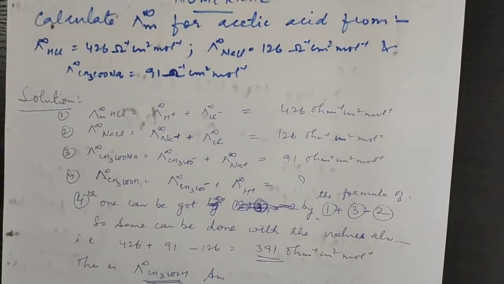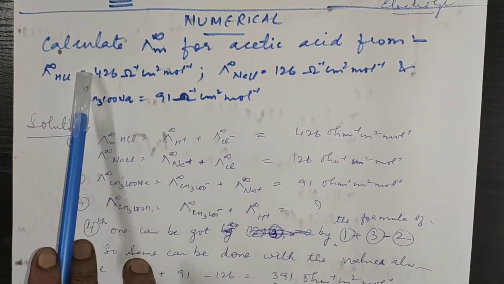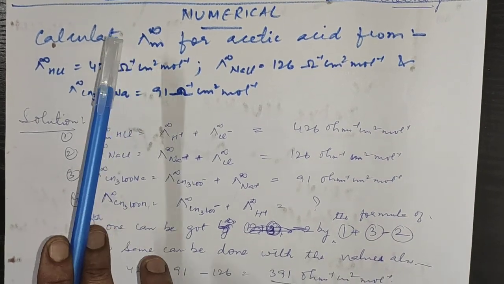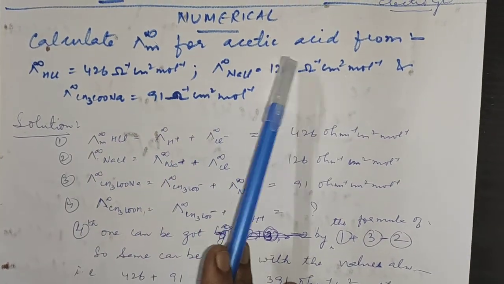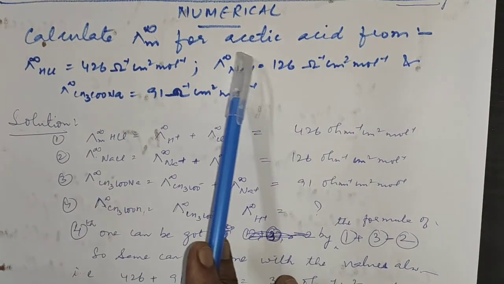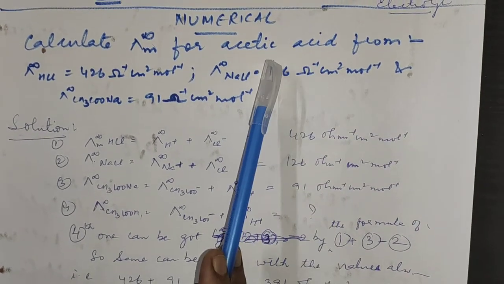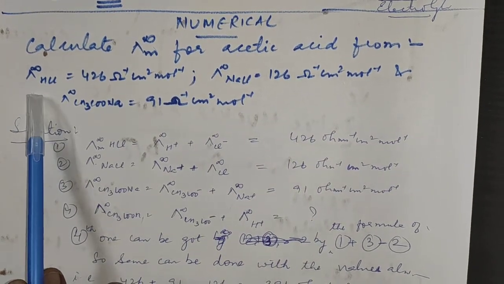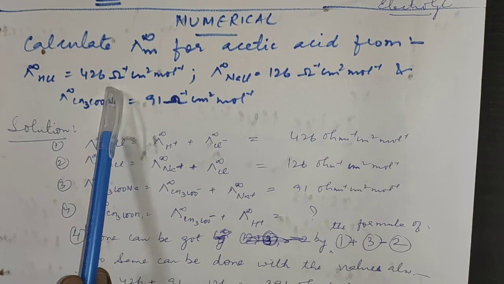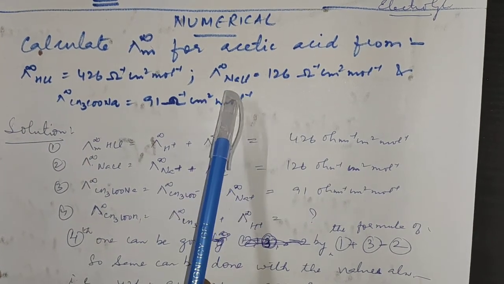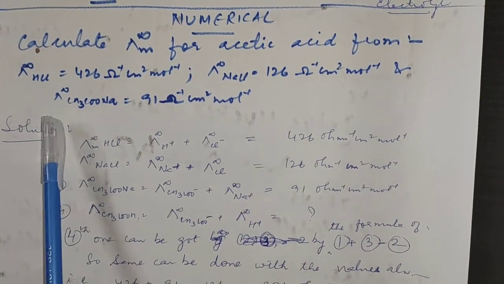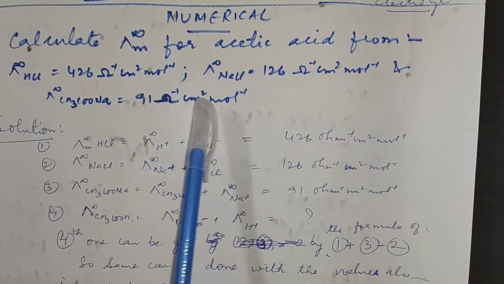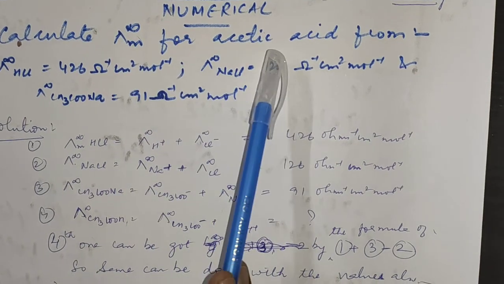So this numerical will help you to understand that. Look at this numerical. Calculate lambda m infinity, meaning molar conductivity at infinite dilution, that means maximum water is added, for acetic acid, a weak electrolyte. I cannot find it from the graph. I have to find it indirectly using calculation. Lambda infinity for HCl is strong, so I can find this value from the graph. Lambda infinity for NaCl, again a strong one, from the graph I will get it. Sodium acetate, CH3CONa, again it is strong, I can find it. So using these three strong ones, how will I find it for acetic acid?